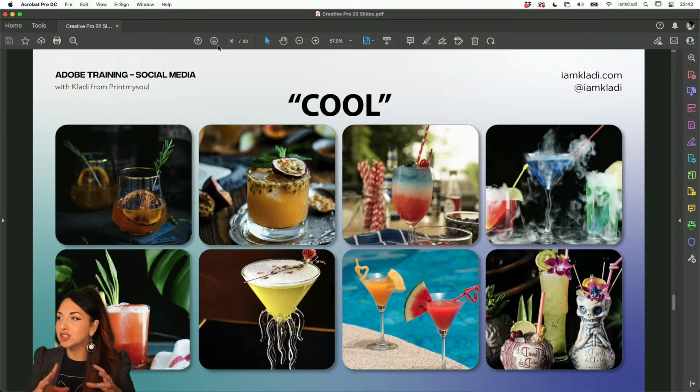So this is still the research phase where we have many different images. Now, why do we do a mood board? Because something like a keyword, for example the word cool, can mean very different things for different people. So cool can mean nice. For example, if we imagine a cocktail or a cocktail bar, for somebody cool means